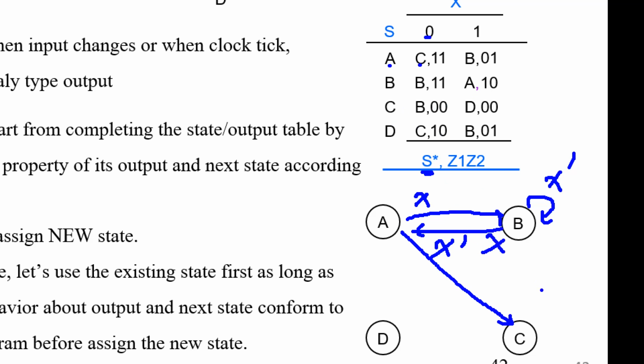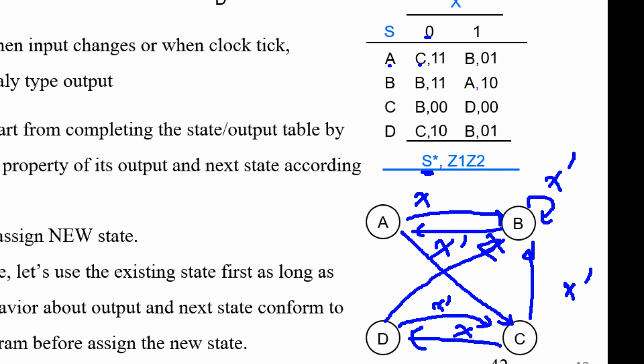C to B when X is 0, X prime. C to D when X is 1. D to C when X is 0, X prime. D to B when X is 1, X. Okay. And for the output, you just write down the output